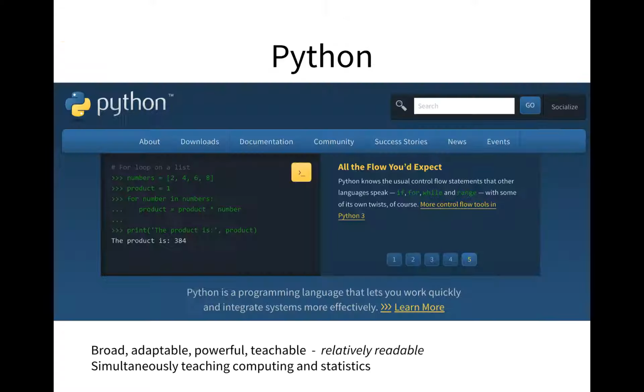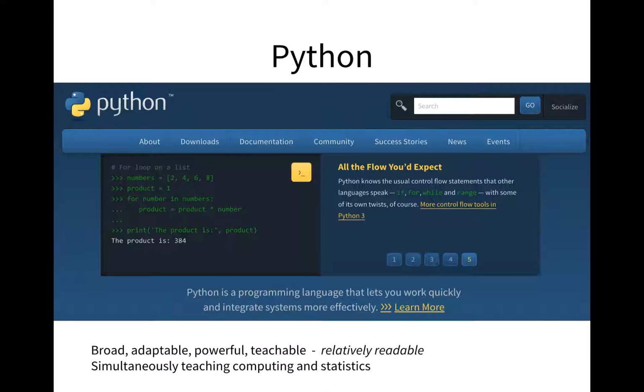Okay, so really quickly, Python. Python is one of the most common languages in the world. You can use it to run a server. You can use it to program a web page. You could do any software project you want with it. It's not just the data science language, right?